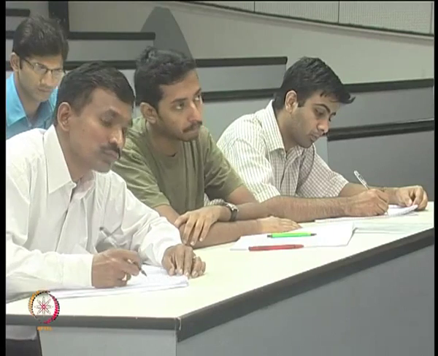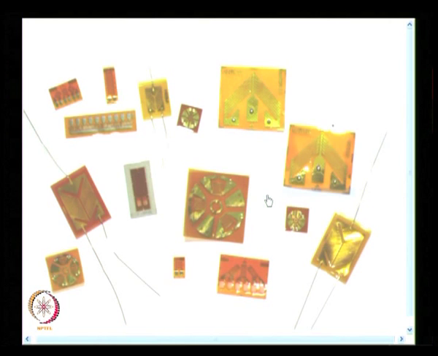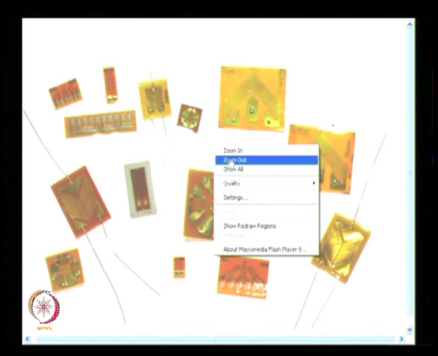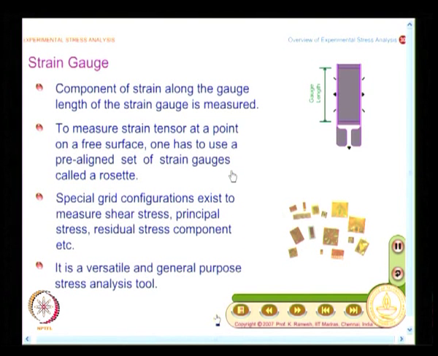And what you see here is you have an array of strain gauges for various applications, and this one has a hole. So, this is meant for finding out residual stress component, and I mentioned strip gauges. This is what a strip gauge is. You have a series of strain gauges available in a strip, and likewise you have various grid configurations available. This is from various manufacturers.